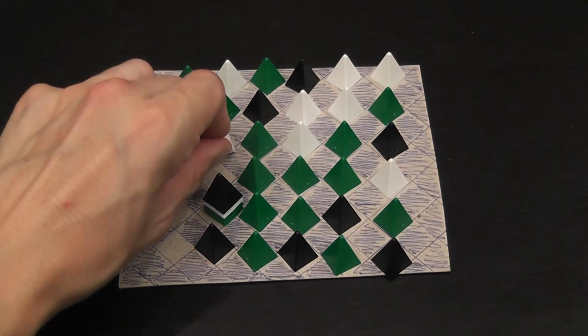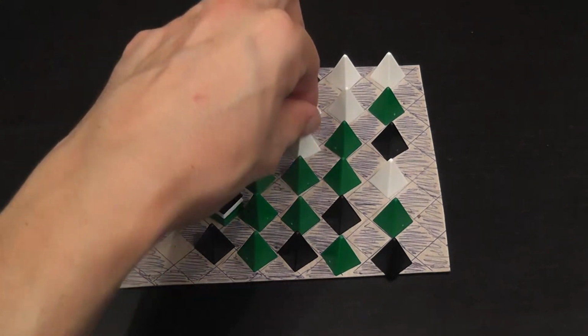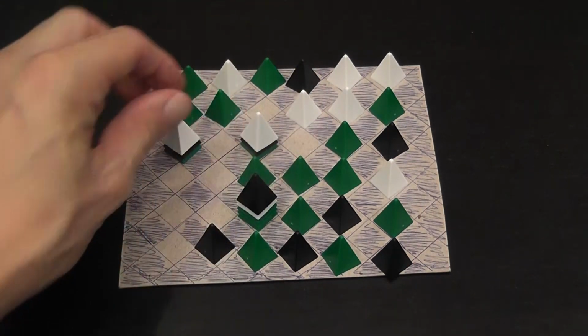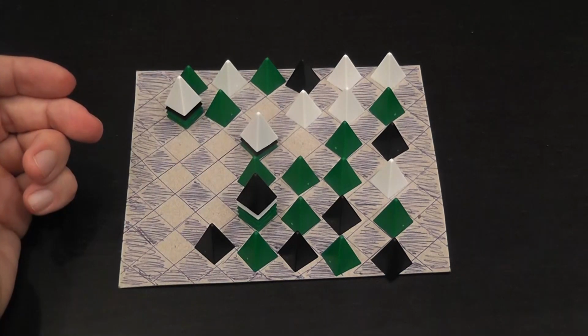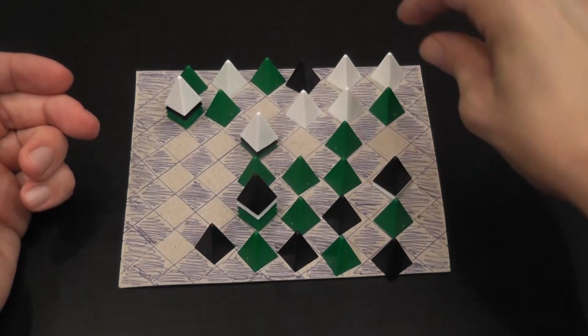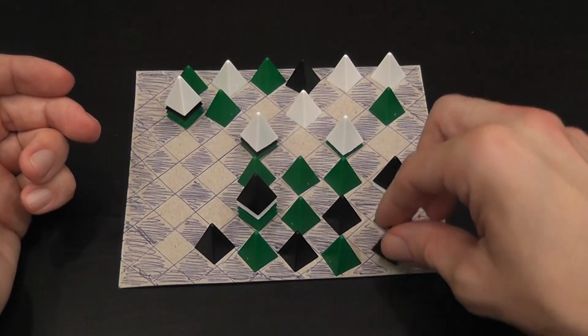Then white moves again and goes here. Then black goes here, only to be captured by white right away. Black again, and so on and so forth. So this is the idea. You simply keep moving your own pieces or stacks that have your own piece on top